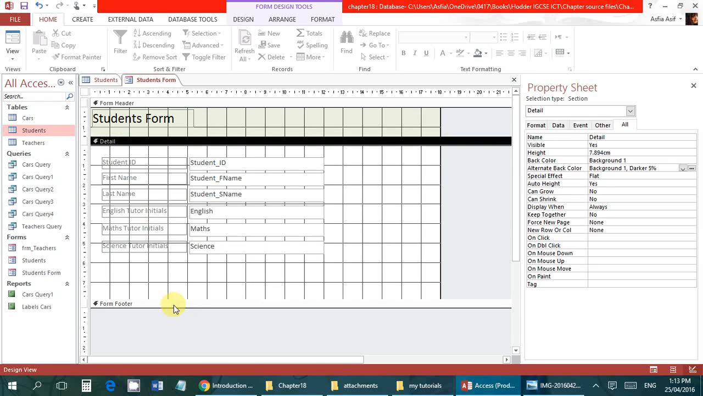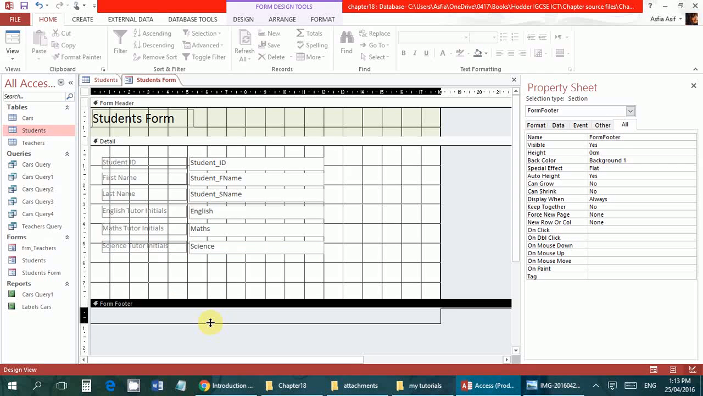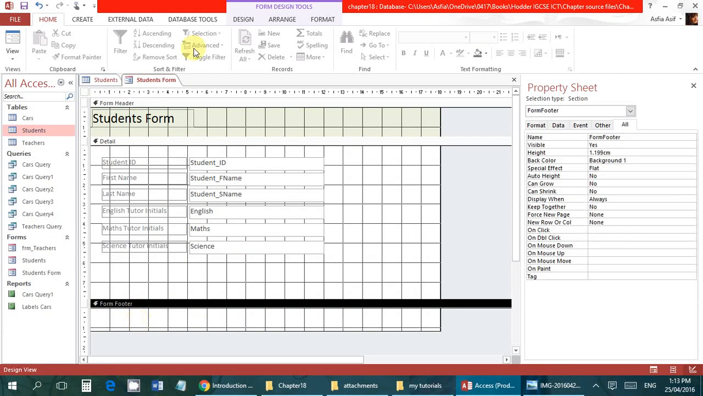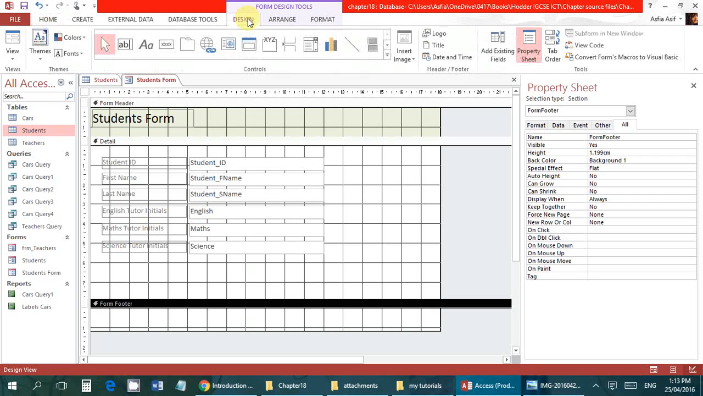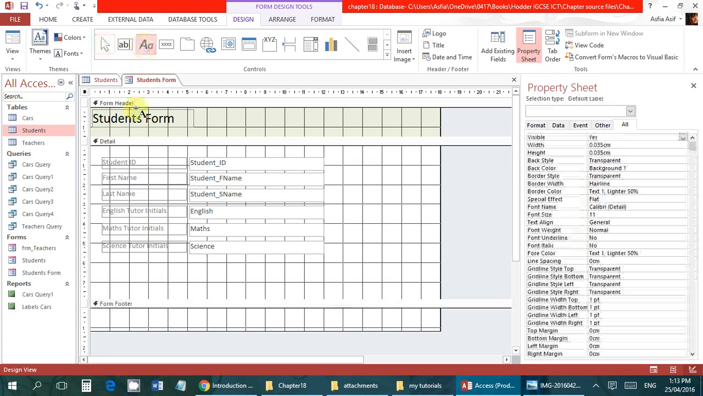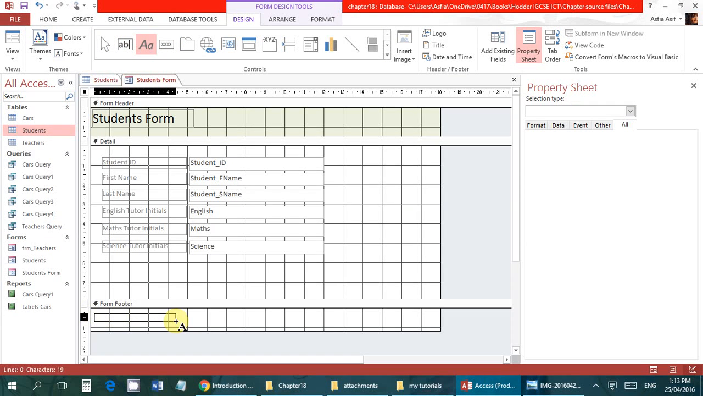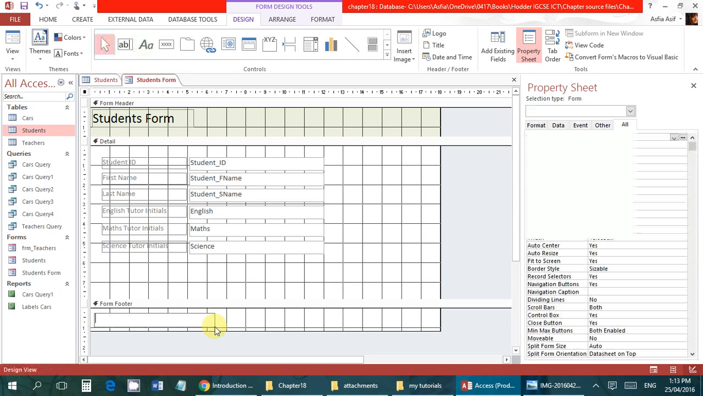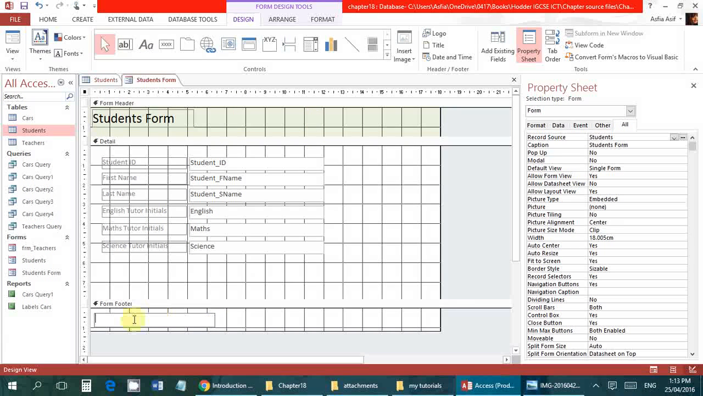Then we have the form footer. Of course you will mostly be asked to enter your name and everything. We have the same tools available in the form design as in the report, so it should be easy. We have a text box, we have a label, we have a button. You won't be asked to use the buttons here. If you are asked to enter your name in your form footer or header, you can use a label to write your name,